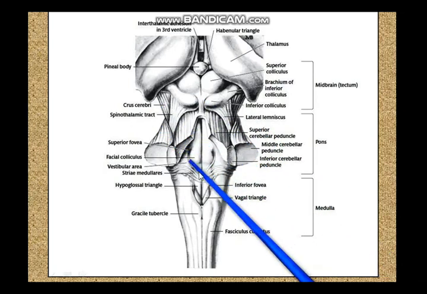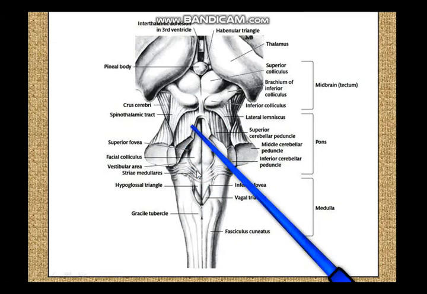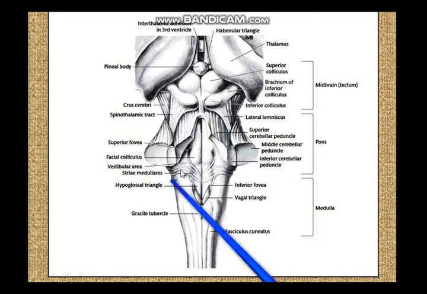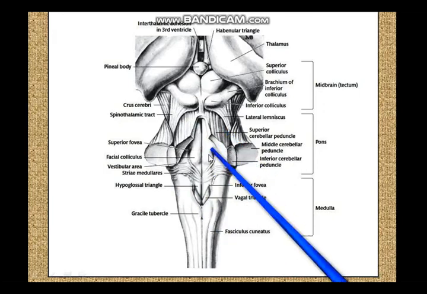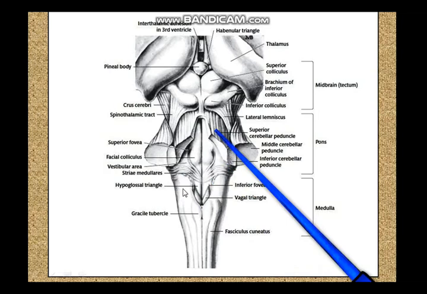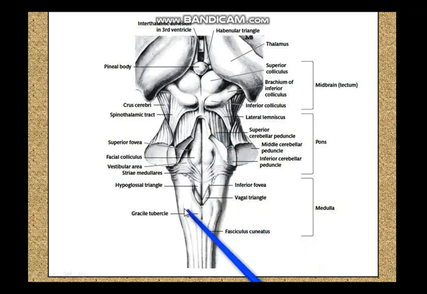The posterior surface of the pons is mostly open to the floor of the fourth ventricle, and if you cut out the roof of the fourth ventricle you can see the posterior surface of the pons almost in totality. But in the medulla it is not so. Half of the medulla is posteriorly exposed into the fourth ventricle. This is called the open part of the medulla, and half of the medulla is not exposed. It is more or less solid. So this is the closed part of the medulla. So here you have the open part of the medulla oblongata, and here you have the closed part of the medulla oblongata.